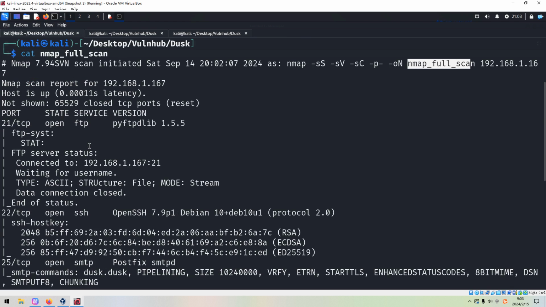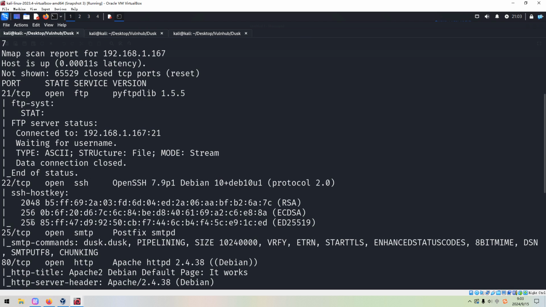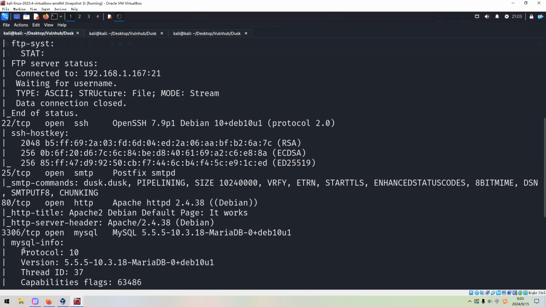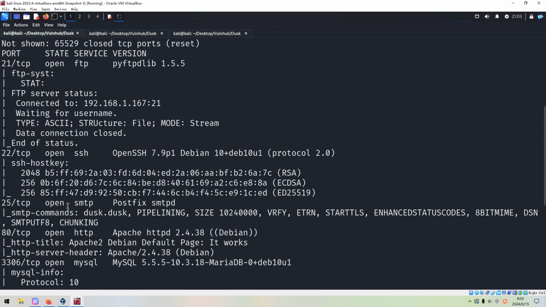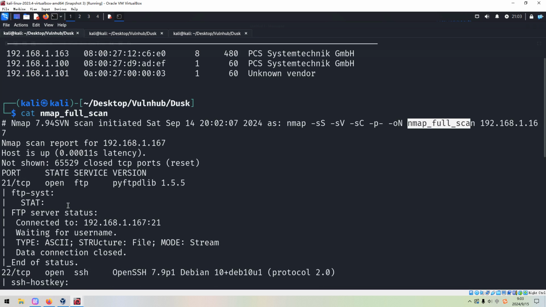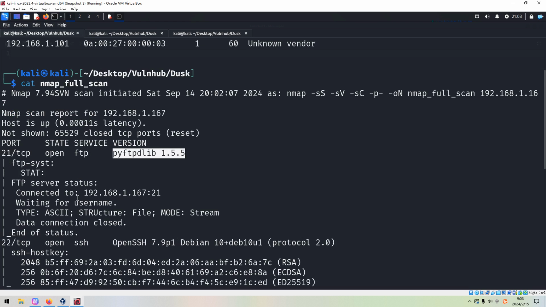So from the Nmap scanning results, we can know that the target has 1, 2, 3, 4, 5, 6 open port numbers in total. Let's take a look at these open port numbers one by one. The first one is 21, which is running FTP service and also the version information.